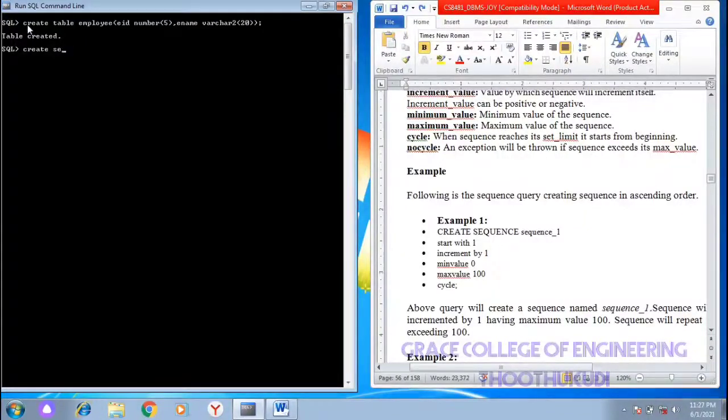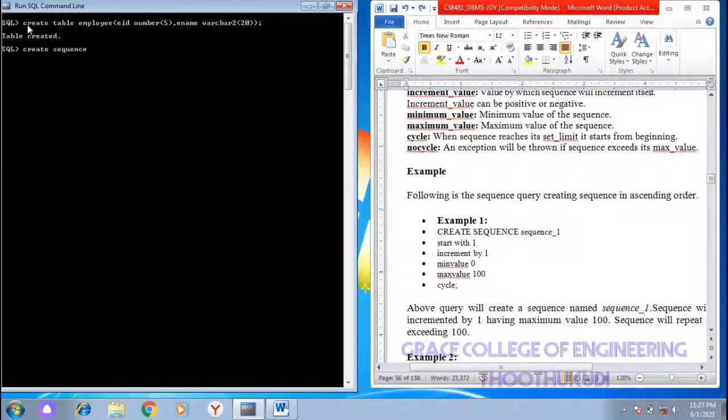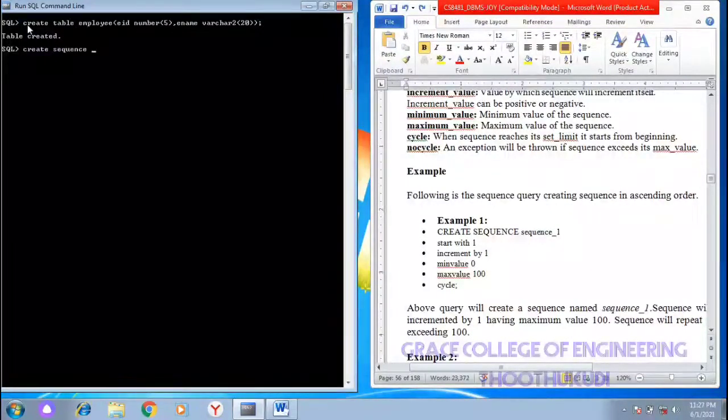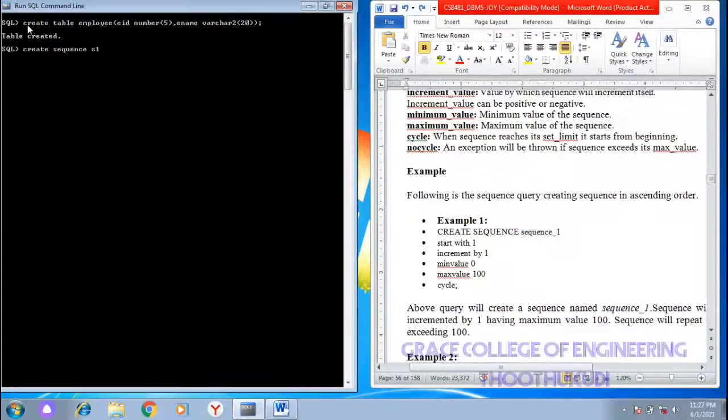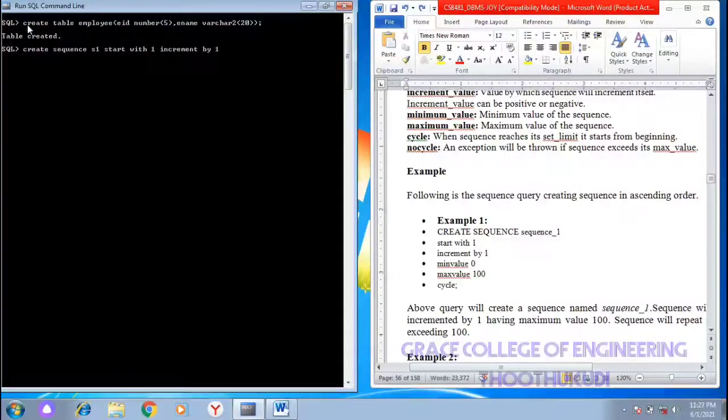So first type create sequence, then I take the sequence name as S1, starts with 1 and increment by 1. So here the name of the sequence is S1, and it starts from the value 1 and it is incremented by 1.